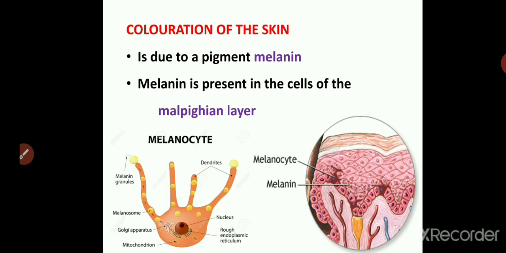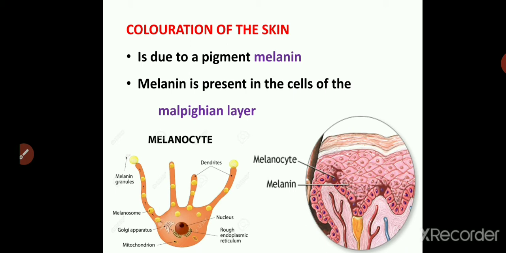Then coming to the coloration of the skin. The coloration of the skin is dependent upon two factors. One is the blood in the capillaries of connective tissue beneath the epidermis. Now this you can understand very clearly in very young children, or even newborn children who are not much exposed to the sunlight. If you see the skin of these babies, you can see a pinkish color. That is, the blood capillaries present just below the skin, and the blood rushing through those capillaries gives a pinkish red tinge to the skin. So that is one reason for the color of the skin.